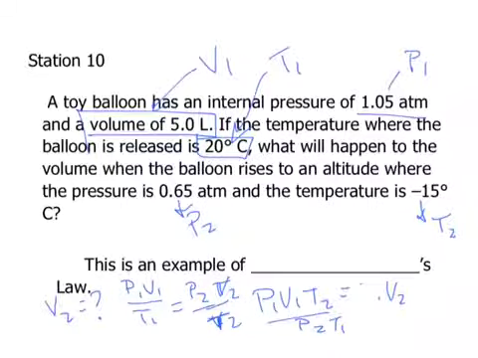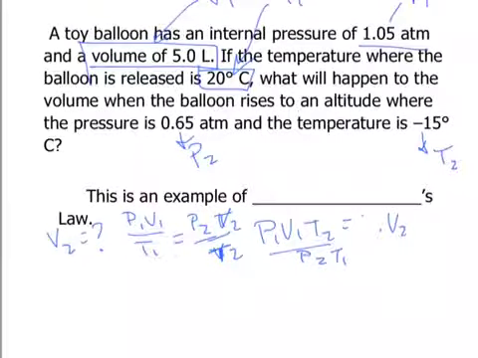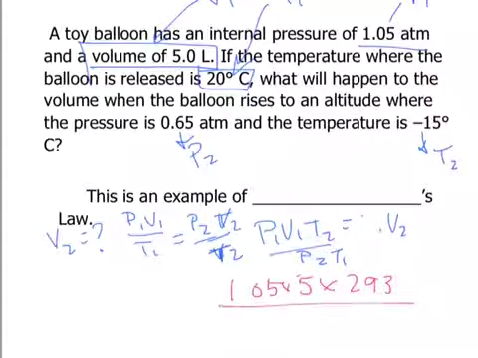Alright, so that's our problem so far. Let's plug in some values. So my P1 we said was 1.05, right? Times, what else do we have there? That's ugly. Let me erase this. Okay, let's start again. Alright, so we have 1.05. That's my P1. What was my V1? That was 5 liters. Alright, so we got 5 liters here times 293, and remember 293 comes from 20 degrees C plus 273, and we're going to divide this by